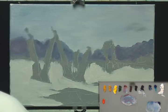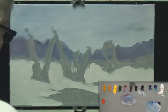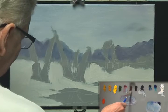Next layer is our layer of trees. Get this big brush washed out here and see if we can get ready for more. We'll need it later. Next layer of trees is going to have some greens in it. There's going to be some rust color in there, so I'll be using some of my browns. I'm going to start with a little of my